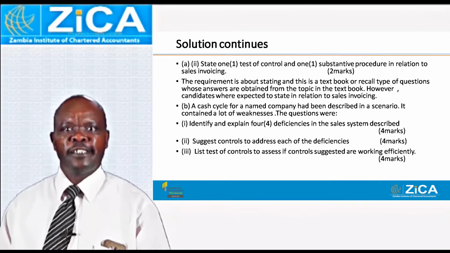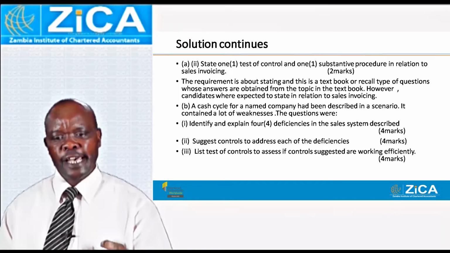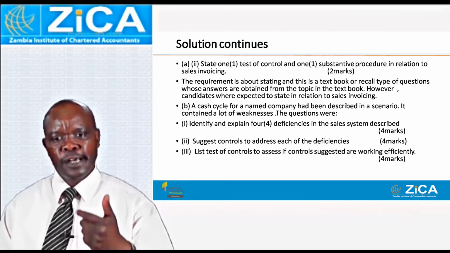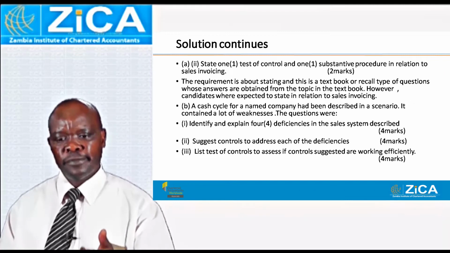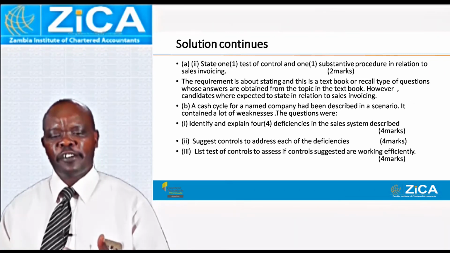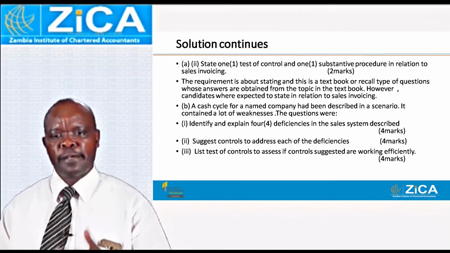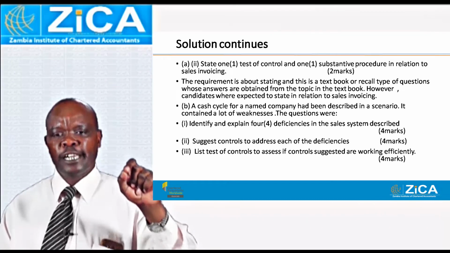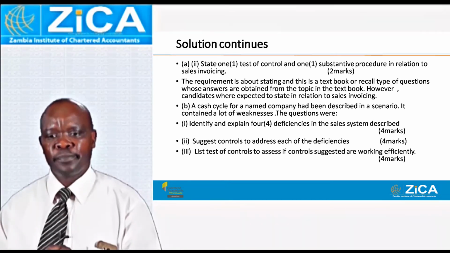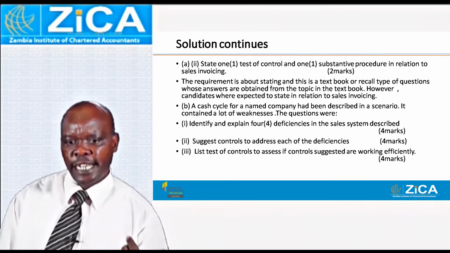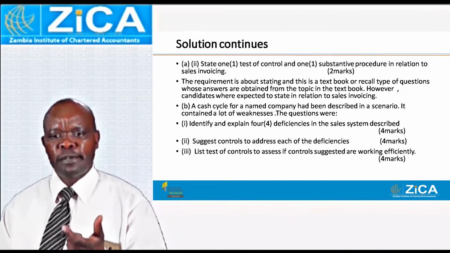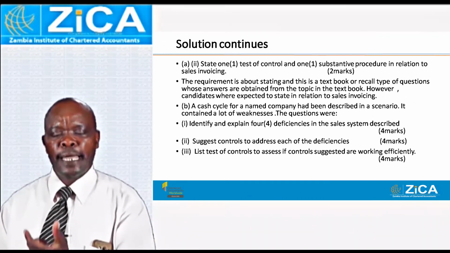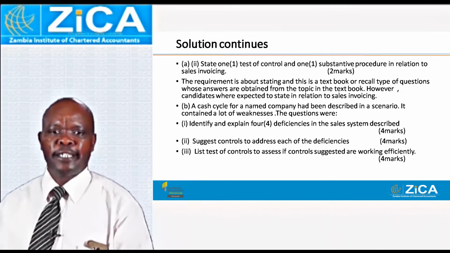So even if a question on the system has 3 parts, that is A, identify the weaknesses, B, suggest controls, and C, the test of controls, it is very cardinal that you structure your answer in the form of a table and relate the first part of your answer to part B. So if a weakness has been mentioned, we must be able to suggest the kind of control that will be there. And then the auditor comes to do the testing.